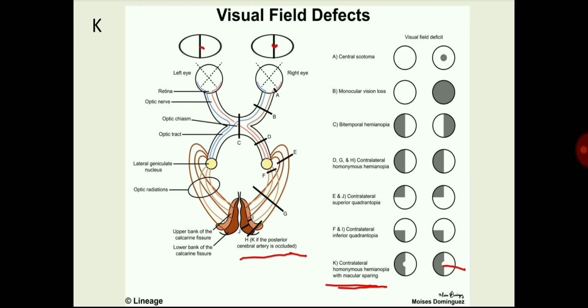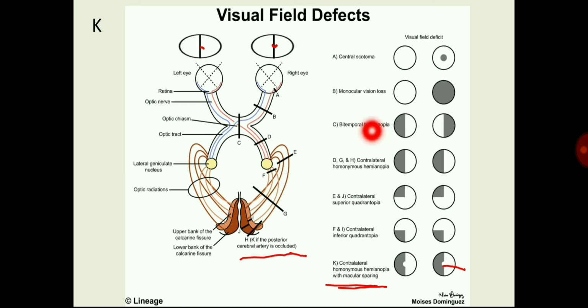As you have seen in the blood supply of this region of the occipital lobe, this large macular region has dual blood supply. One is from branches of the middle cerebral artery, and another is a branch from the occipital artery. So if only one artery is damaged, it will produce macular sparing,